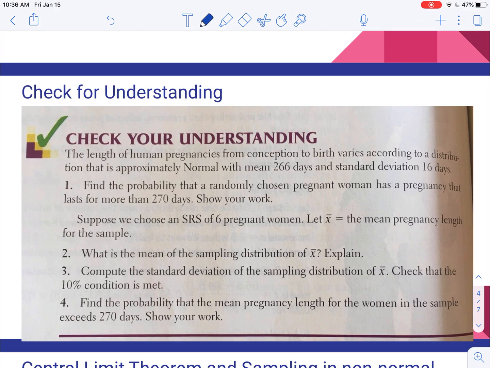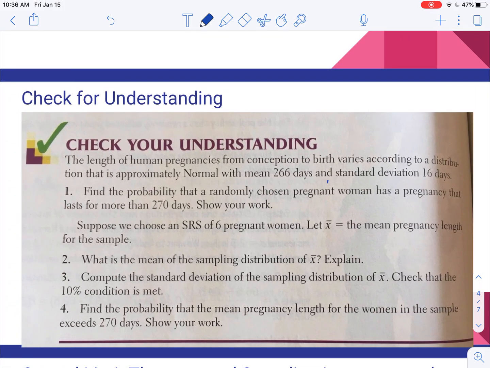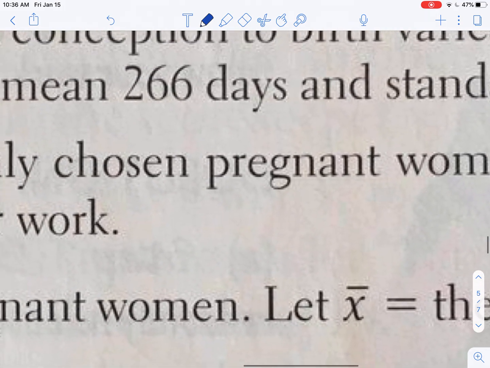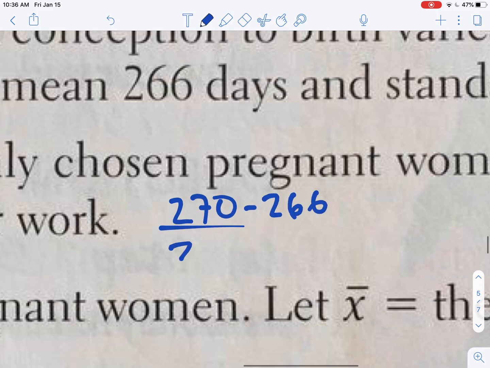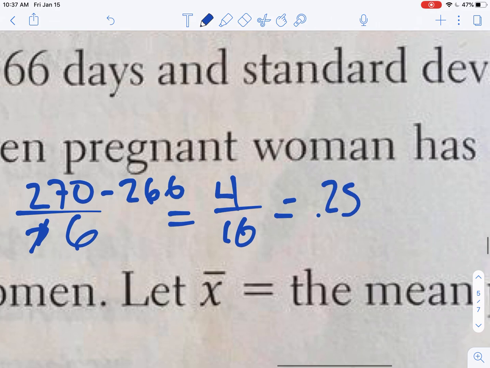So what we're going to do is set up 270 minus 266. This is the normal z-score for a population. Okay, 270 days minus the 266 days over the 16-day standard deviation. So that's 4 over 16. So we have a 0.25 z-score. And then since we have a 0.25 z-score, what that means is that, looking at my table A here,